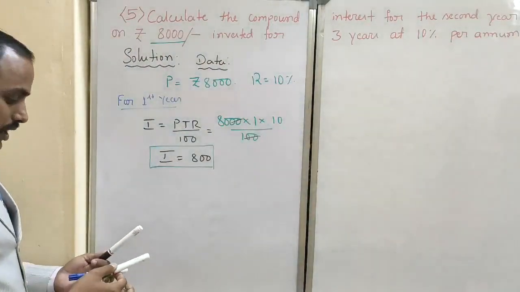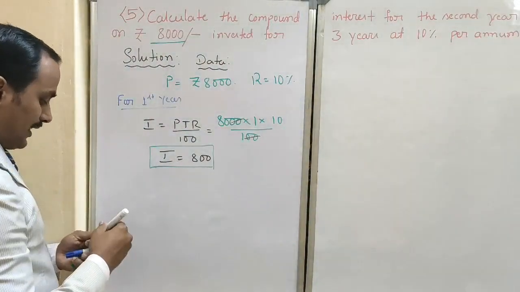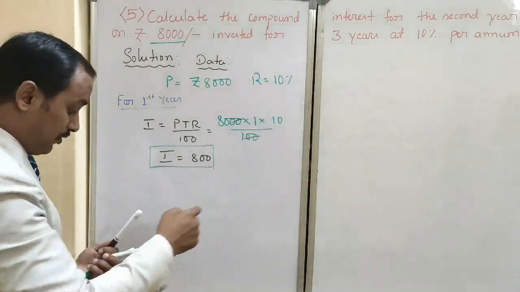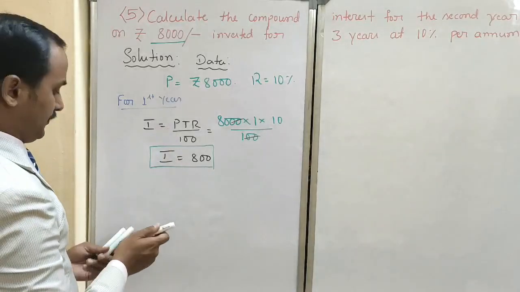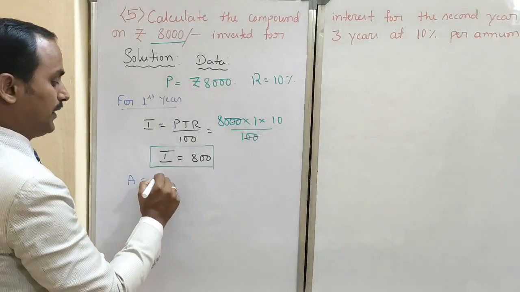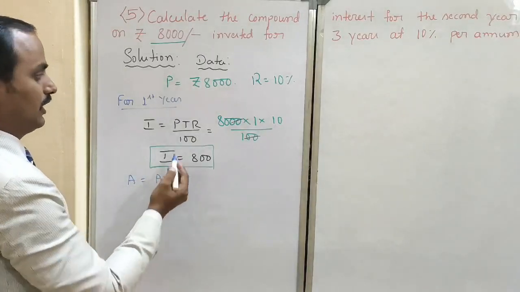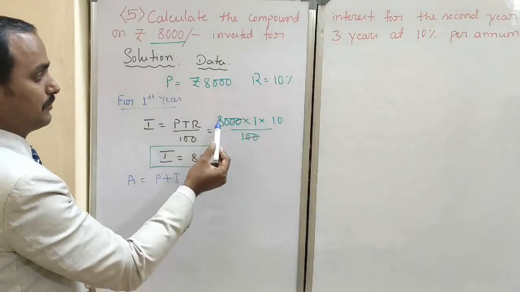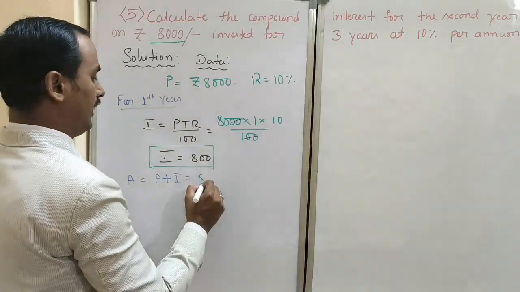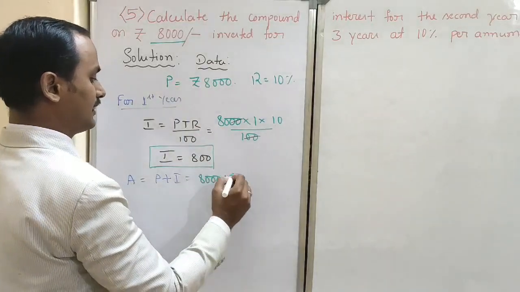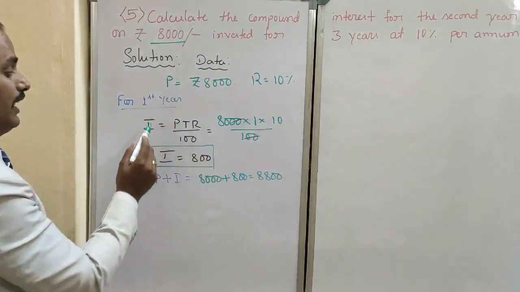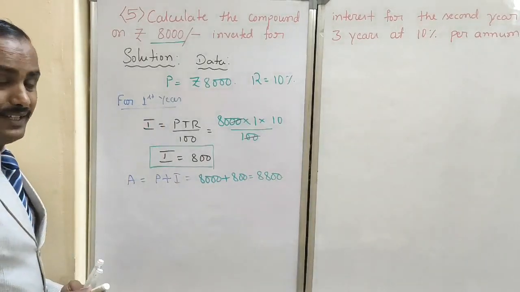I am going to find the second year compound interest. Second year compound interest, what does it mean? What is the next step, dear children? I will find out the amount at the end of the first year. Amount is equal to principal plus interest. The principal at the beginning of the first year is 8,000 plus interest, how much did we get? 800. That two addition, dear children, what is it? 8,000 plus interest 800 is equal to 8,800, the amount at the end of the first year, dear children. Okay, I understand this point.